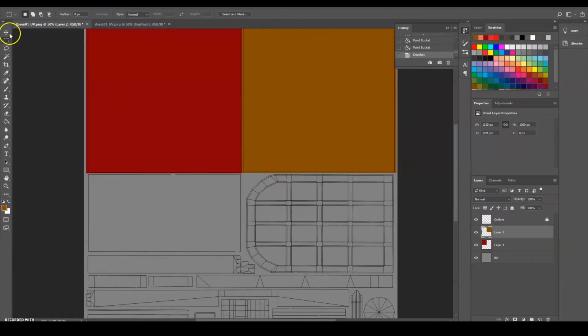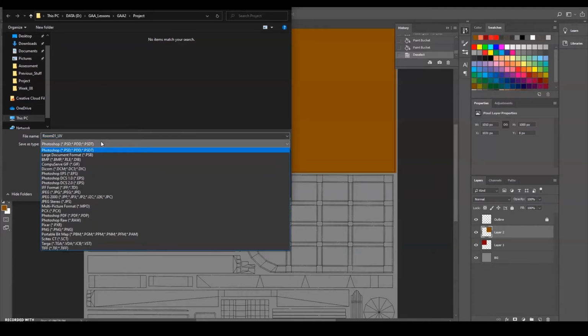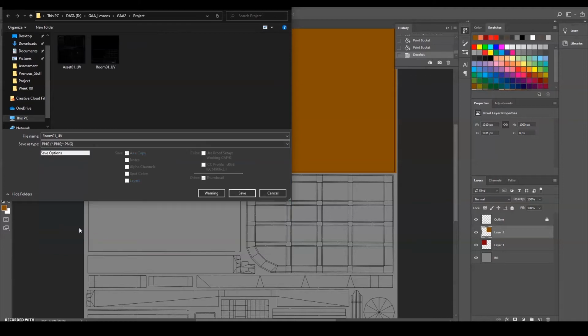So now the next thing I want to do is actually save this file. Okay, go ahead and File, Save As. When you save as, your file is actually a PSD, so you probably want to change it to, let's say, PNG or a Targa. I'll use a PNG because we're using Unity for the project. Once you select PNG, then you type the name. Probably want to change the name, you don't want to use V, so you can use, let's say,